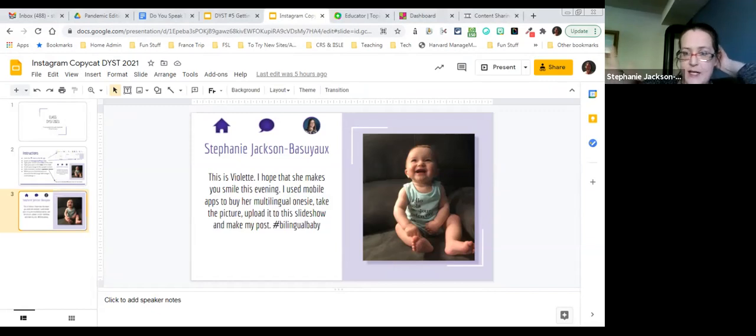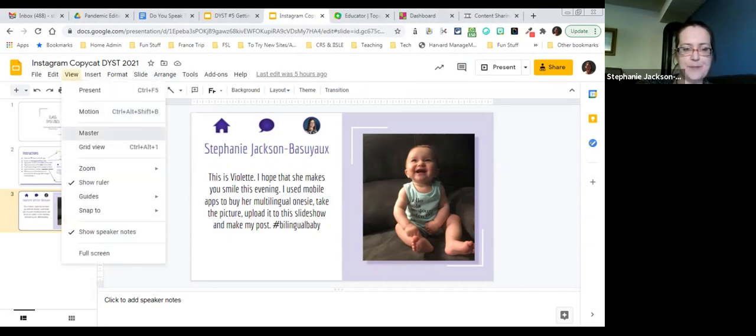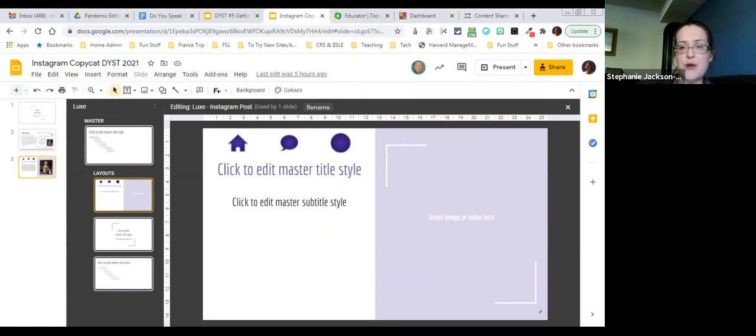So I made this last night. I just grabbed one of the backgrounds from Google Slides, and I went into the View Master. So I changed it to purple instead of brown, just so that it was more Instagrammy. And then I added these little icons at the top. And I made the first two hyperlinked so that if someone were to click on them when it's in present mode, it acts a little more interactive. So if we click on the home button, it takes us to the first page. The message one opens an email to me.